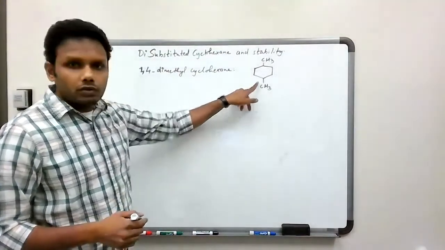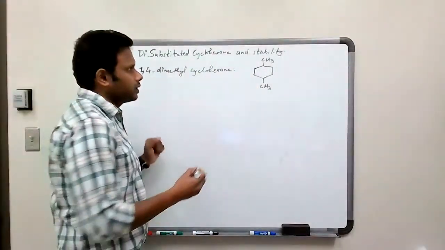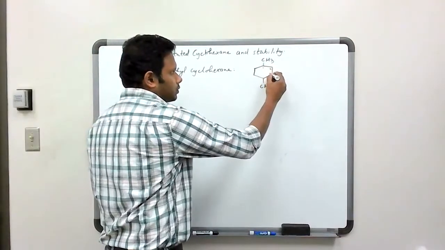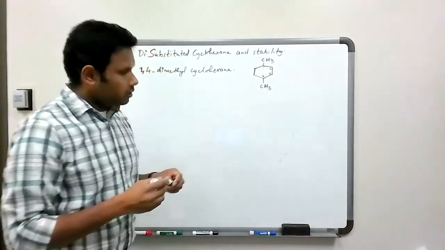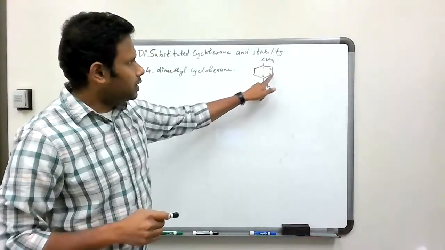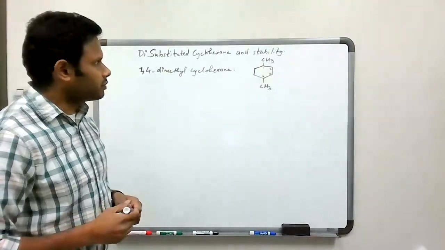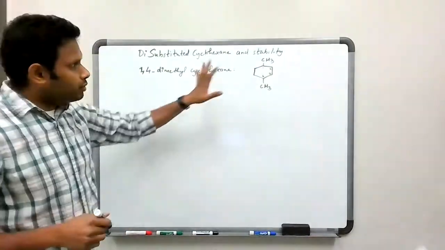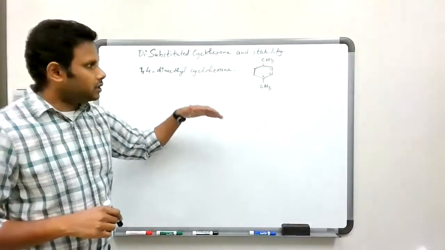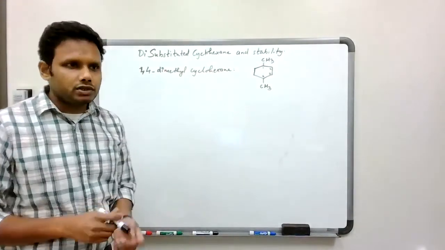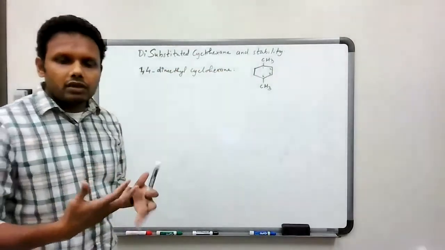So that's the molecule 1,4-dimethylcyclohexane. Notice how IUPAC numbering would go 1, 2, 3, and 4. So the parent chain is a ring, cyclohexane, with methyls at 1 and 4, so it is a 1,4-dimethylcyclohexane. Now, even before we start discussing the conformations and the stability of the conformations, I want to bring in another